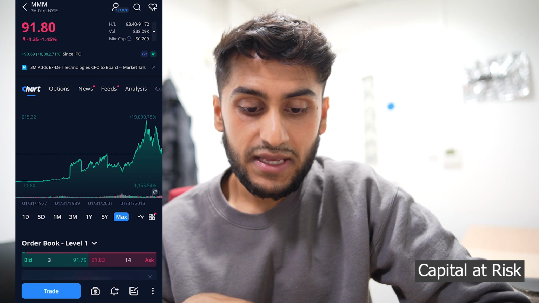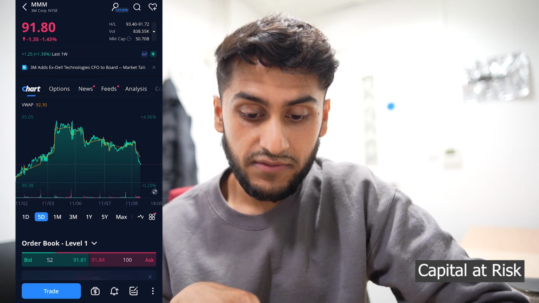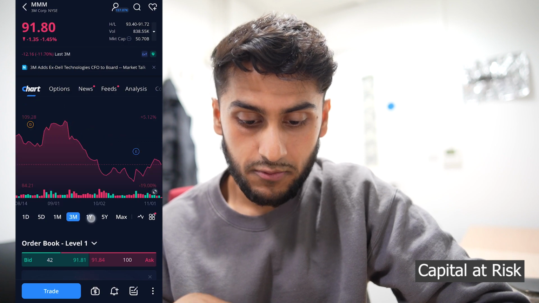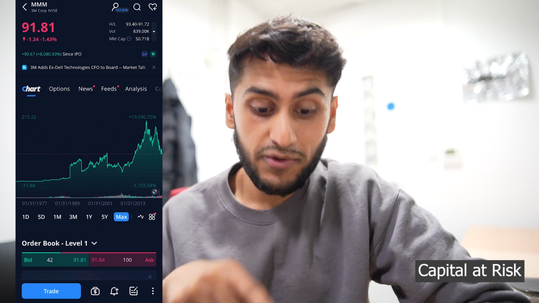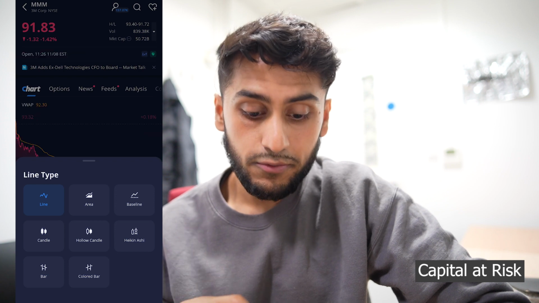So the main thing I would say is the chart here. You can see the change in price over a 1-day period, 5-day period, 1 month, 3 months, 1 year, 5 years, and then the maximum recorded time period, which was since 1977. You can also change the line type. For example, a basic line type like we are now is easy to read, but also you can change this